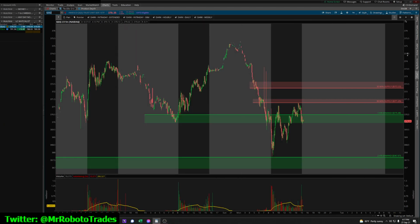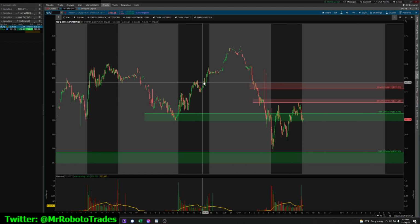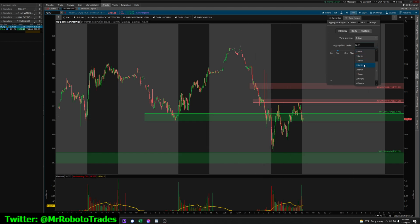So these were my levels for QQQ. As you can see, on Friday, in extended hours, we ended up reaching new levels, but then in pre-market today, we had this extended sell-off. I had this 1 hour demand. If you go to 1 hour,